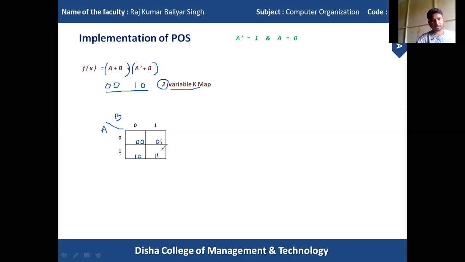After that we have to check which cell is matched with this converted Boolean expression. So for the 0 0 case we found this cell is matched, so we have to put 0 here. Just remember, in SOP we put 1 into the matched cell, but it is reversed here. When the cell is matched we have to put 0 into that. So for this case 1 0, let's find 1 0, so we put 0 here.